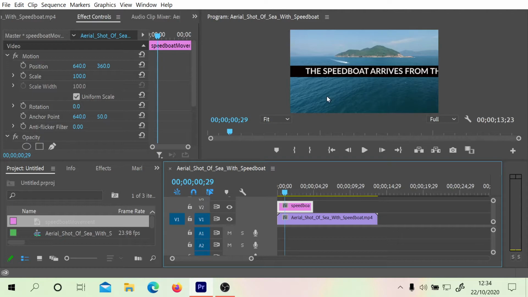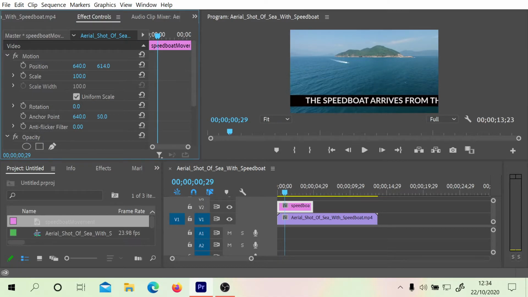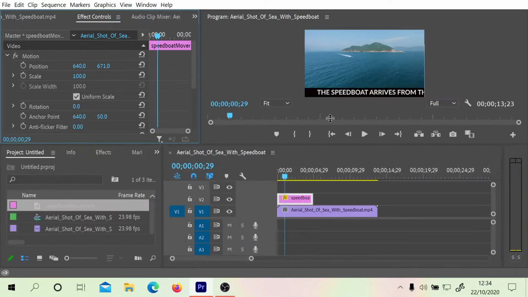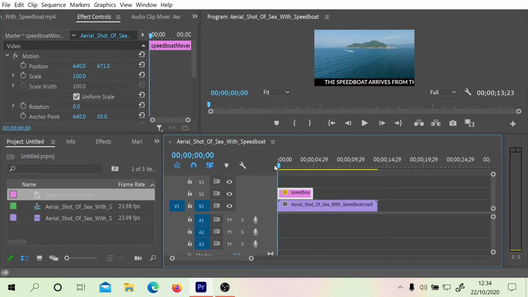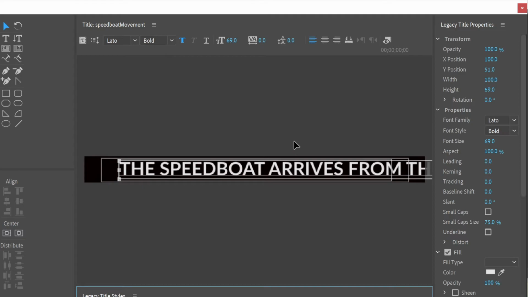Okay. So there's different ways you can change this up. All you have to do is select your title and then you can move it around, maybe not there. Maybe put it right at the bottom. All right, so you position it where you want it there, right? You can see it's just like a normal title. So to make a rolling title, you go back into the Legacy Title Designer and